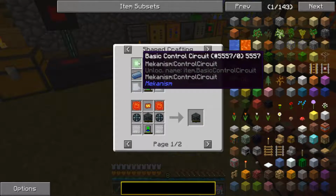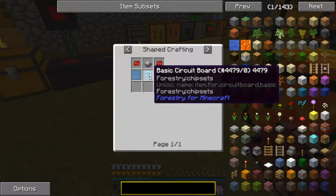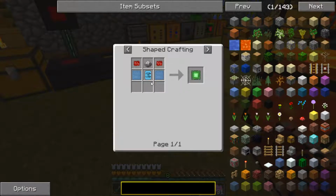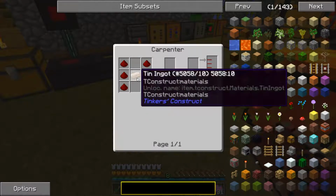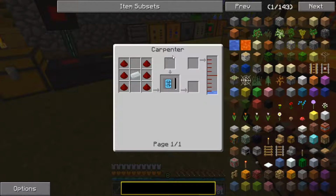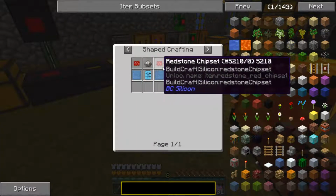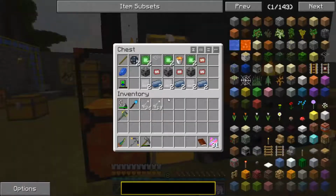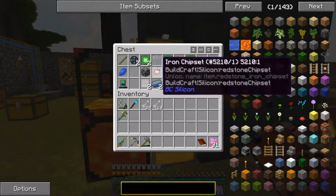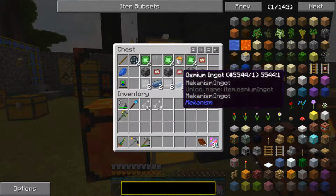Basic control circuits. Now these are 2 redstone chipsets, 2 osmium plates, a basic circuit board, and enriched iron. Now the basic circuit board is 1 piece of tin and 6 redstone inside a carpenter with some water, with a bucket of water, and that will make those. So let's see. Basic control circuit, 2 redstone chipsets, enriched iron, 2 osmium plates, and the chips. And that is